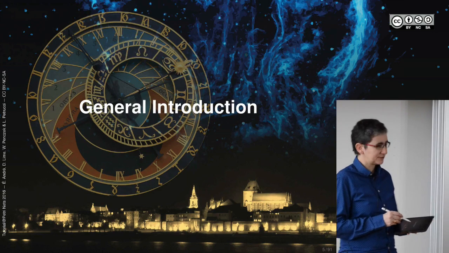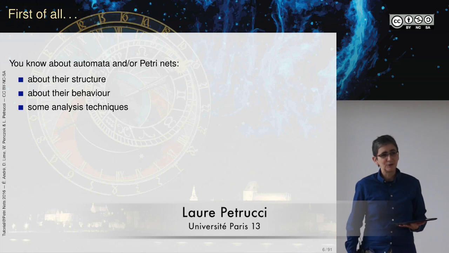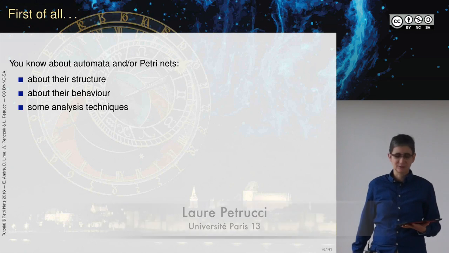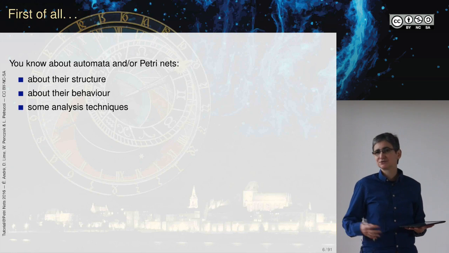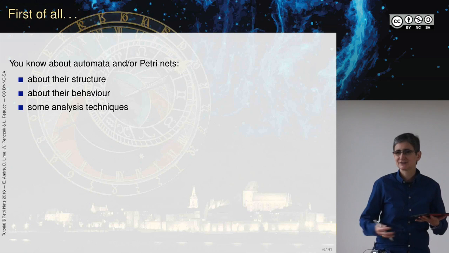So let's start with the general introduction. All of you have some background about either automata or Petri nets, about their structure in terms of graphs of states and transitions, about their behavior, and you know about some analysis techniques. Well,